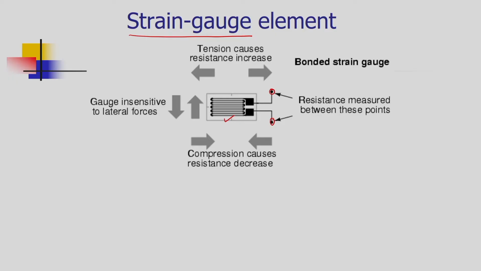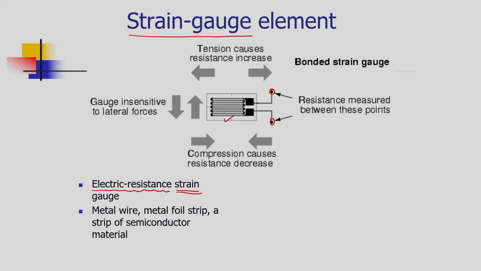When there is a tension in the foil, then the resistance of that foil or the resistance of that mechanical element will increase, and when there is a compression, then the resistance will decrease. So, it works based upon the principle of electrical resistance and it is particularly measuring the mechanical strain inside the work parts or the body parts of automated system.